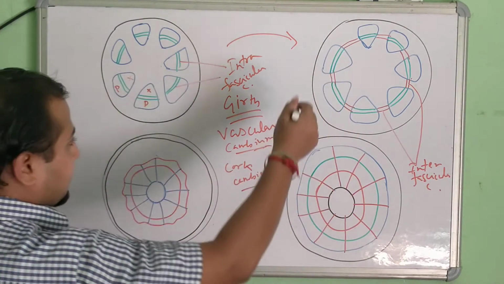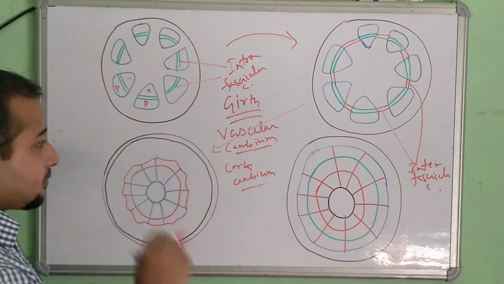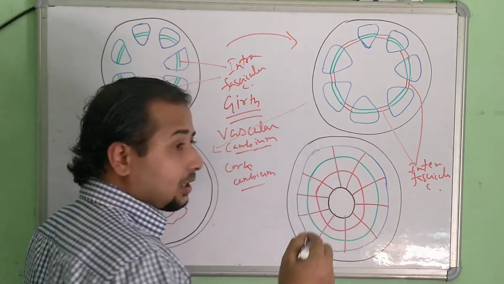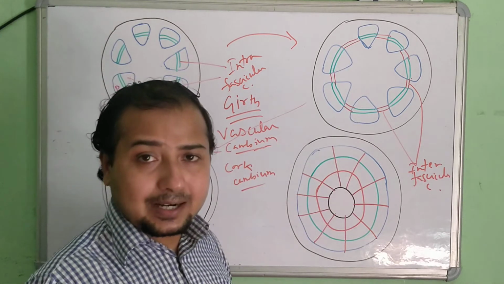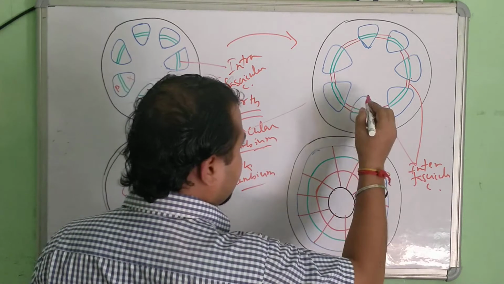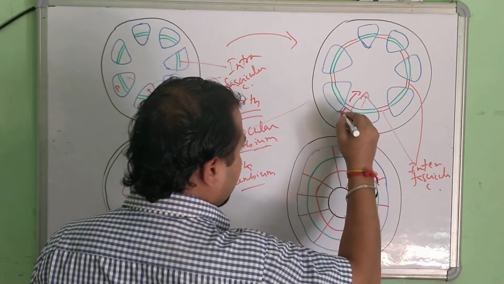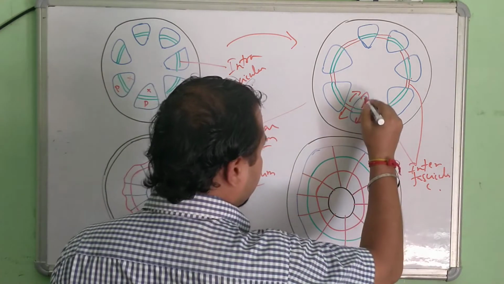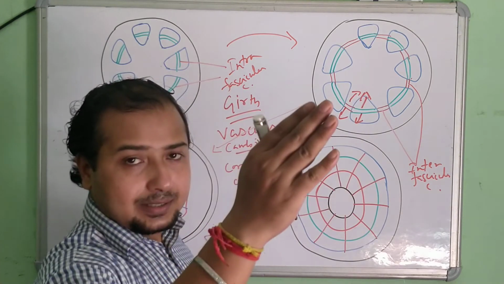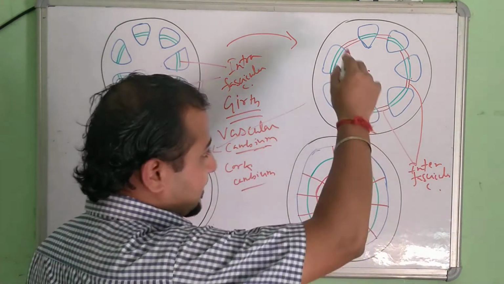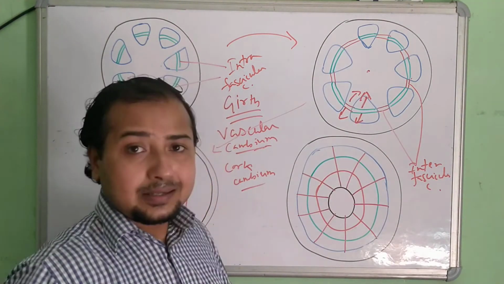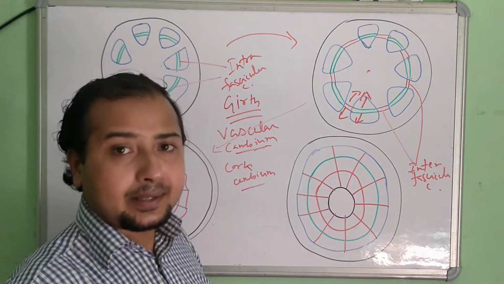Okay. After this, the next diagram is this one. What happens is that the growth continues. The vascular cambium starts developing towards the inside and towards the outside. It means that this development takes place towards the inside also and towards the outside also. So the cambial tissues cut through the tissues towards the center. This is the pith center. So towards the center, towards the pith, and towards the outside also. As a result of which secondary xylem and secondary phloem come into existence.